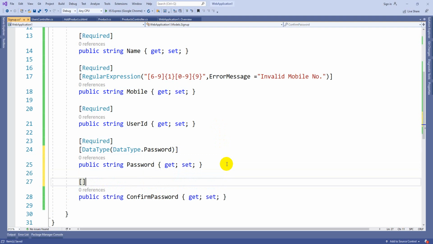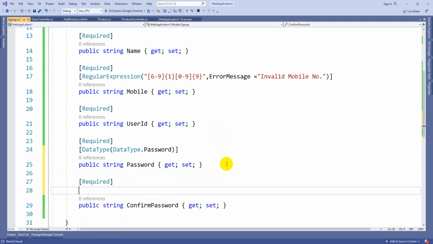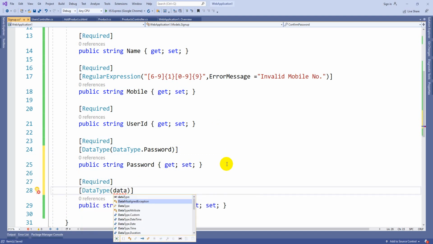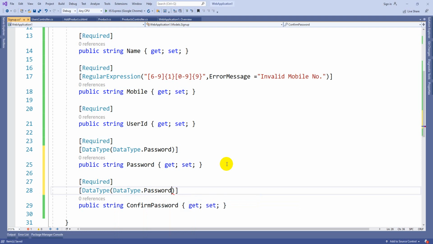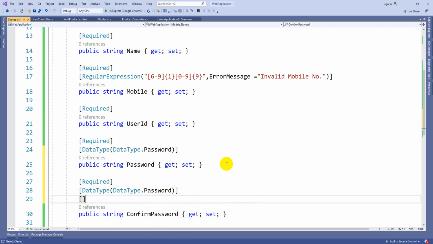Now, coming to the confirm password, as usual you are going to use a required attribute. Data type also should be password because characters should not display to the end users. So DataType dot Password. Here additionally there is an attribute called compare attribute.